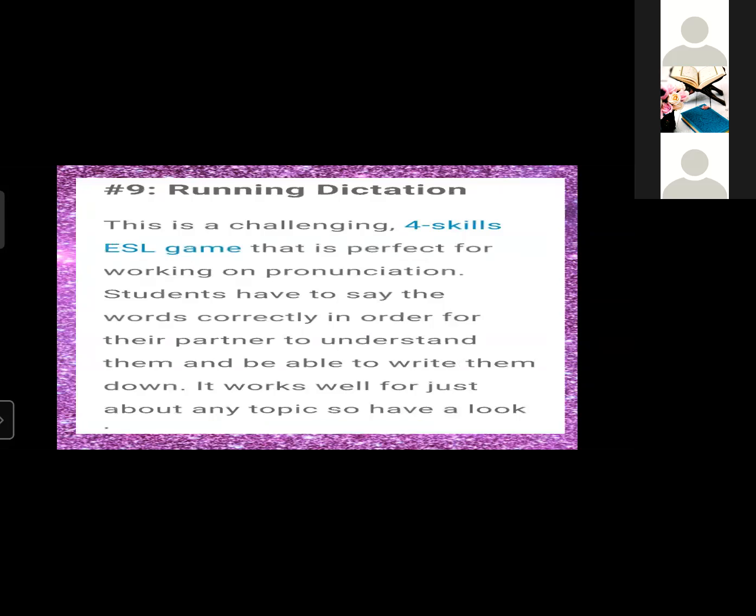Okay. We have also running dictation. We say a word. We divide the class into 2 teams. We divide our class into two teams, boys and girls, for example. We give them clear directions. We tell them that